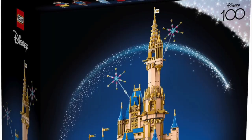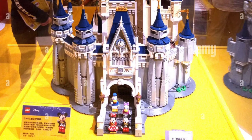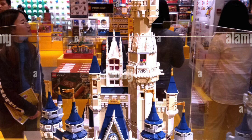Finally, at number 1 on this list, we have the old and the new Disney Castle. Because they're so similar, I decided to combine them as a number 1 entry on this list, though I will say the newer version I think is better than the older one. You can't get any more iconic, any more Disney than this set. I remember being amazed by the first version of the set when it came out. Seeing it built in Lego stores in person makes it look a lot bigger than it does on the box,